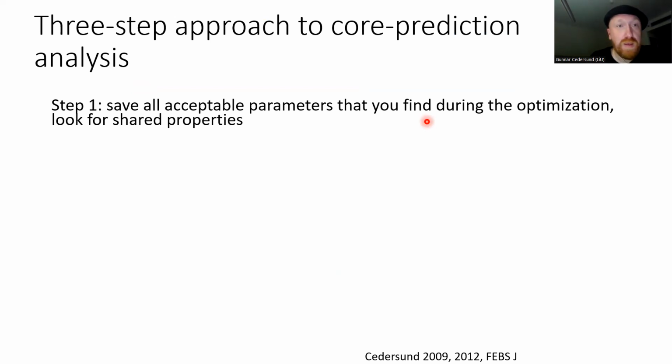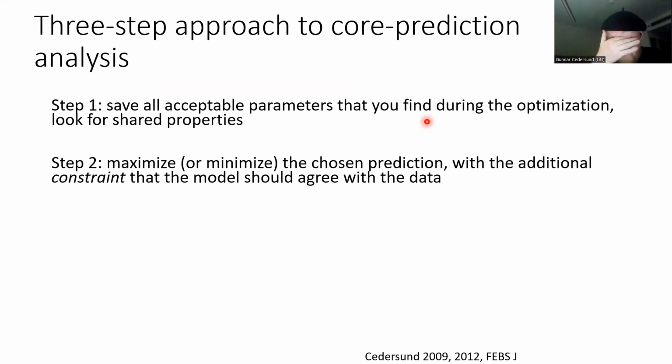So in the first step, you either do an optimization or you do a Monte Carlo analysis to get the point cloud. So you get acceptable parameters that are below some certain cutoff. And then you look for shared properties. So that gives you a feeling for what is the uncertainty of something. And then in step 2, you pick a prediction that you're interested in. And then you look specifically for the uncertainty of that prediction. In the same way as in the profile likelihood, you pick a parameter and you look at the uncertainty for that prediction specifically. And here you can't set the value